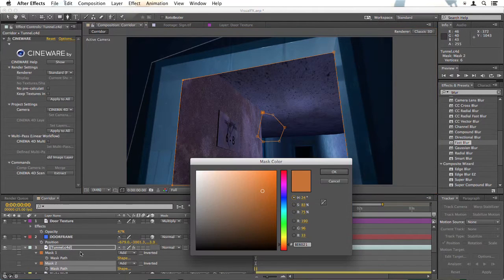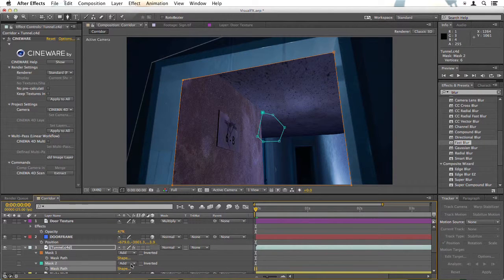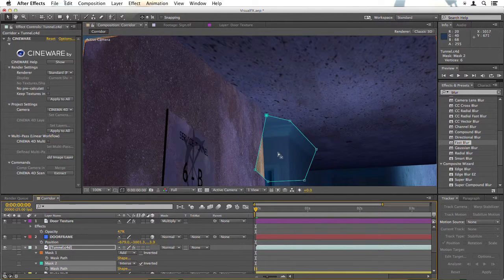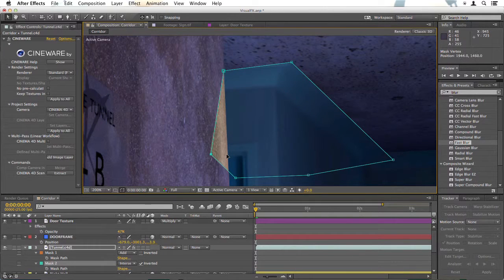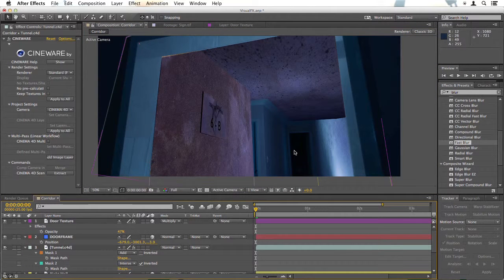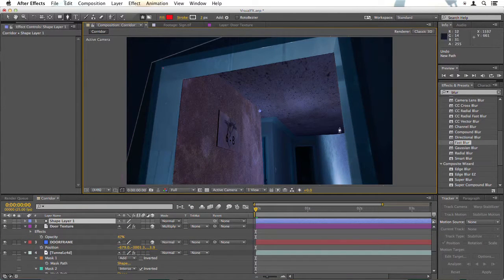Just hit M, change the color of this mask to cyan and change the mask to intersect and invert it. Now I can just zoom in and I can see where to position these mask points. And over here we just need to line up with this wall. Now when I pull out, you can see that the ceiling disappears off into the background and we can still see the corridor there. Obviously we need to draw another mask around this right hand side of the ceiling,